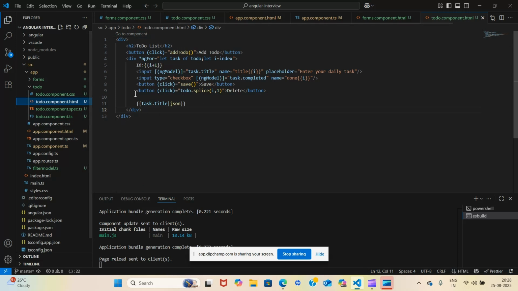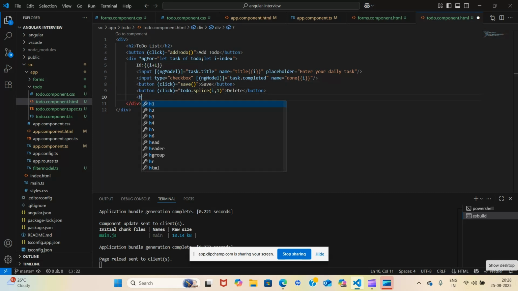Now in HTML, we want, outside, I create, and let's give an HR tag. Okay, and what the HR tag will do is draw one line after that one row.